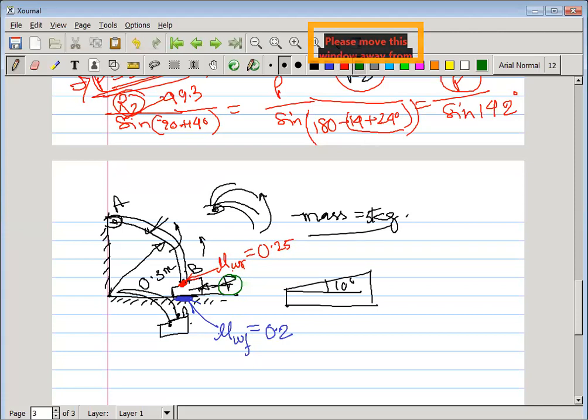So how can we solve this type of problem? Similar to the previous one. Here, as we apply this force in this direction, the friction is in the opposite direction, and the normal is opposite. So you can take this one as F2, this one as N2, and here also this is your N1. If it goes in this direction, your friction force is in the opposite direction. So this is your F1.